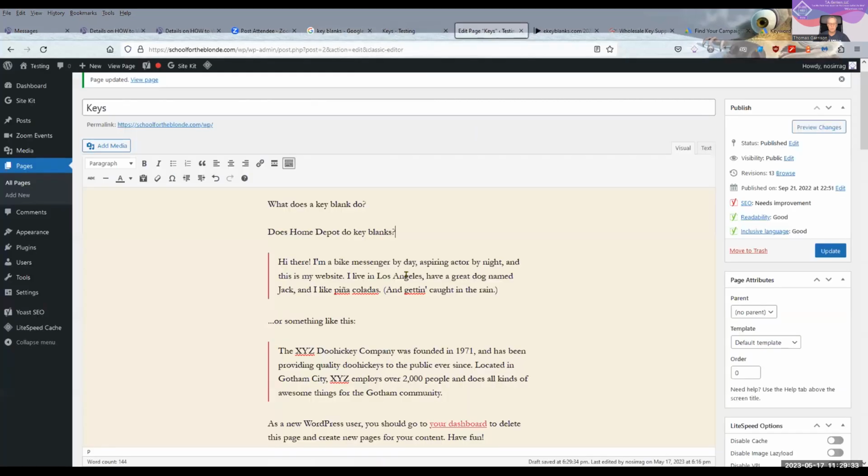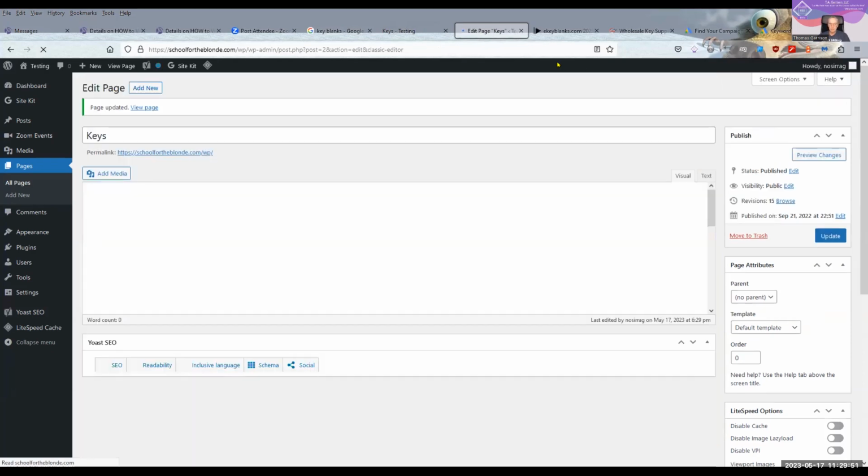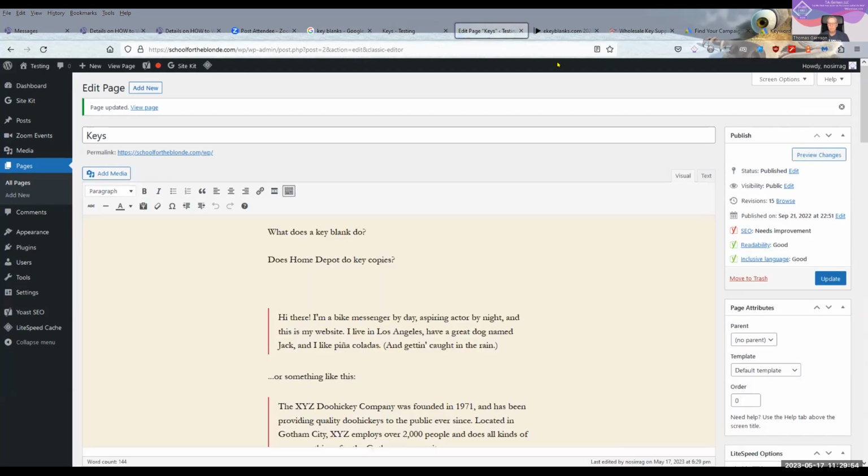Oh, key copies. That's a good question. I don't know. But it would take you like 2 minutes to search and see if your local Home Depot does. And that's the same thing that you're going to do. It's like you're doing it one step at a time. What's the related stuff? What keyword term do I need? You've got to do the research. And you've seen, we've spent this much time, and I haven't typed any words other than what related terms and questions to my subject.